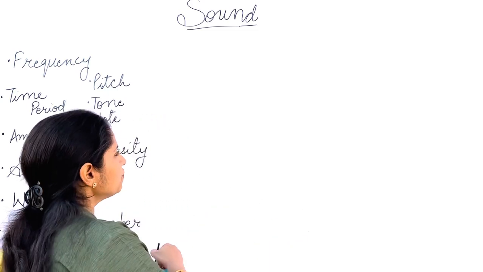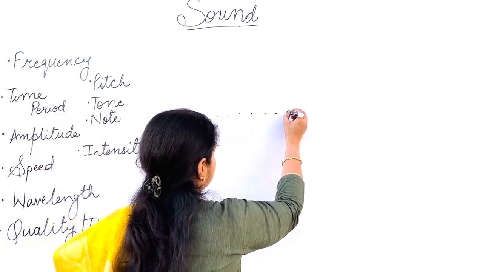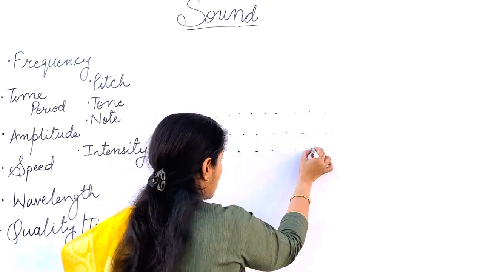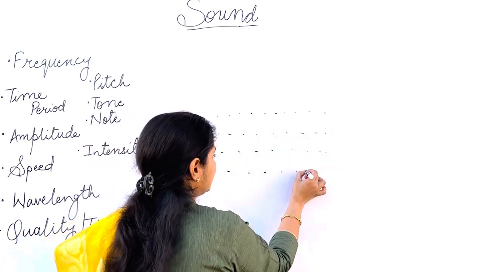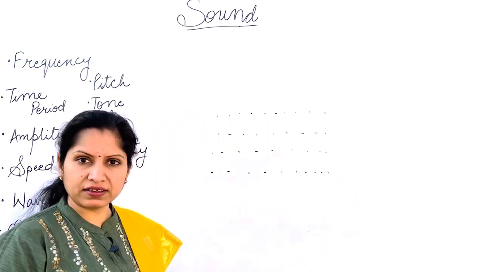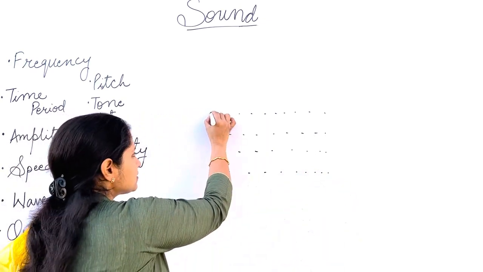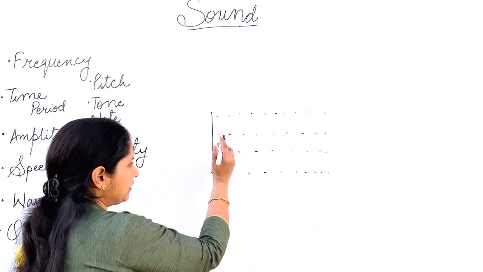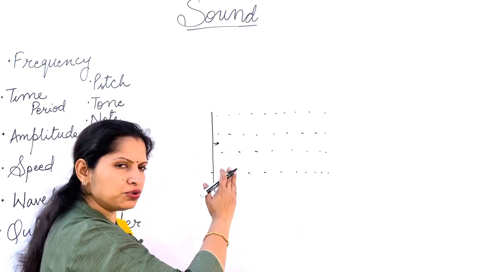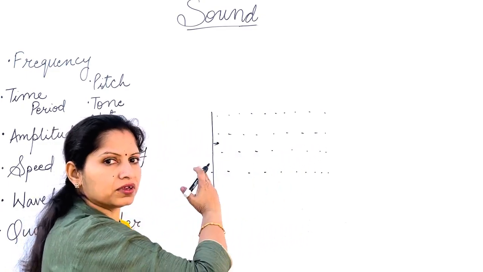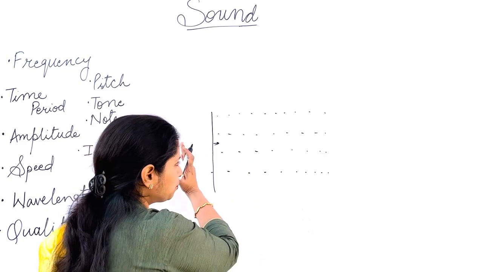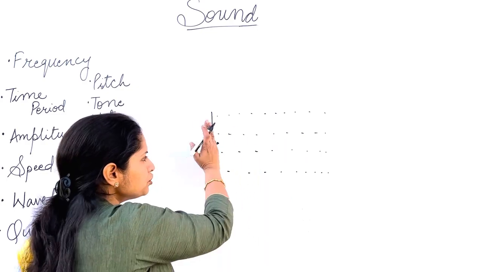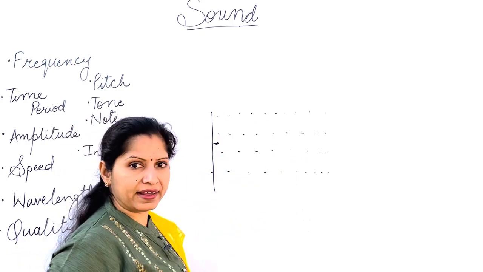So just suppose we have some particles in the medium. Okay, there are many particles in the air. So suppose the sound is going to propagate through air, and these are the particles that are present in the air. And this is the drum of your loudspeaker. Now, when it vibrates, it will come out first and then it will move in. This is the vibration of the drum. So it will once move out and then move in. So when it moves out, it will push these particles in the forward direction.